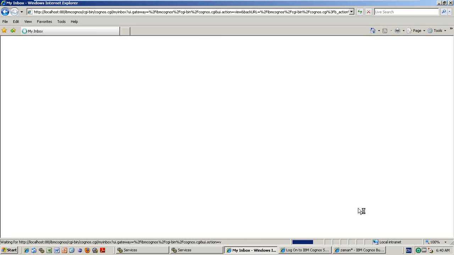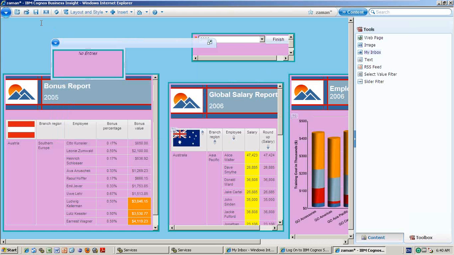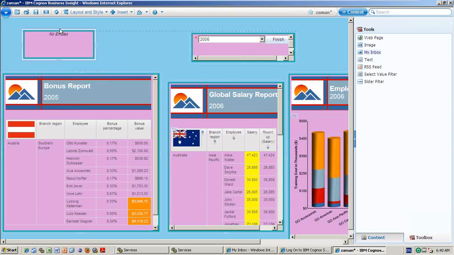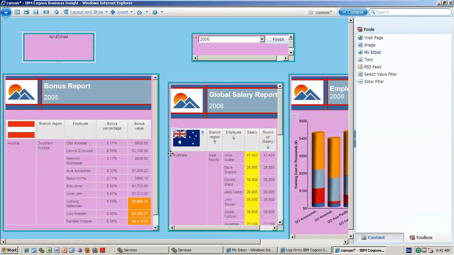So the user directly opens the dashboard, say for example, and for him no entries are there. So when he is opening, whatever his tasks and whatever reports he wants to analyze, everything he will put here. So my inbox means for each user it will show his inbox only. So it will be good for the user. You don't need to go to any place. If you simply open this dashboard, he can do anything from here. No entries means here there is no entry. So this page only will be shown there. So that is the my inbox.